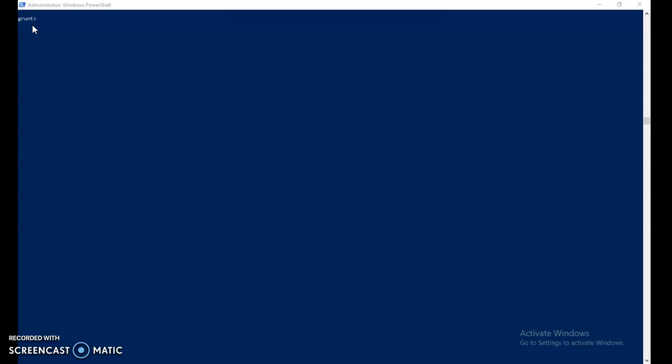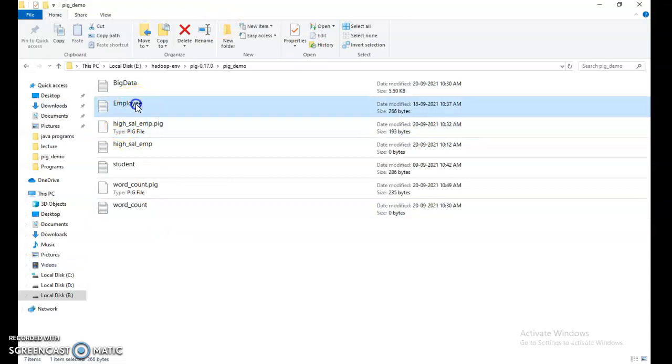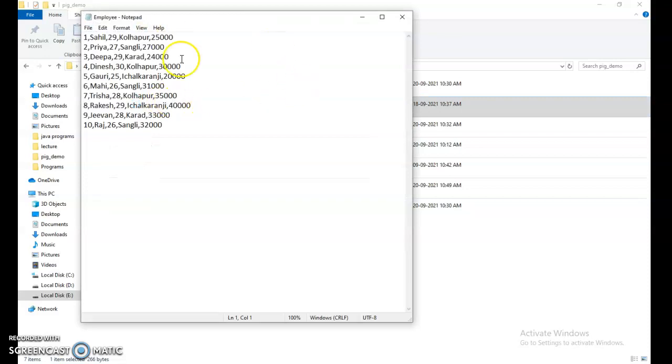In the previous lecture we have already discussed what local mode and MapReduce mode are, and currently we are working in local mode. I have created this employee file, this employee data set you can see here.